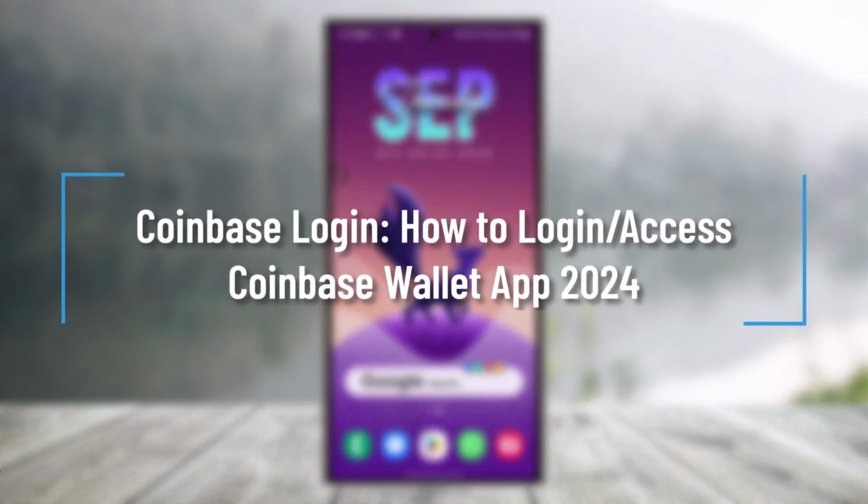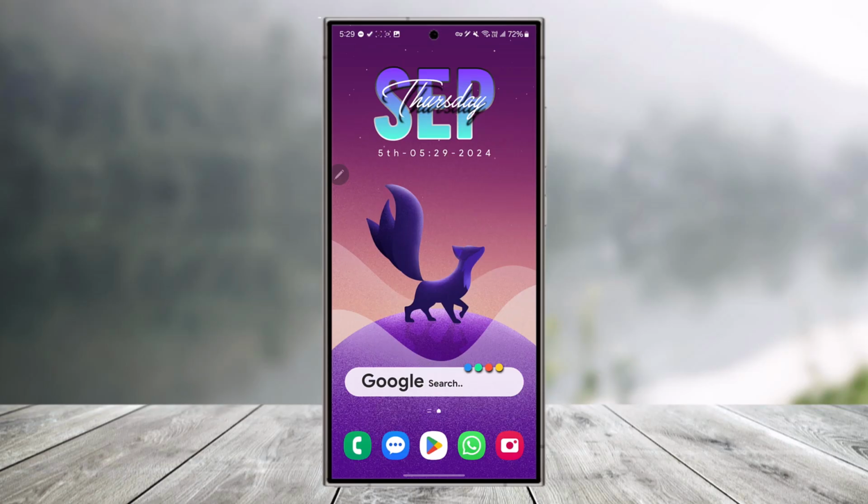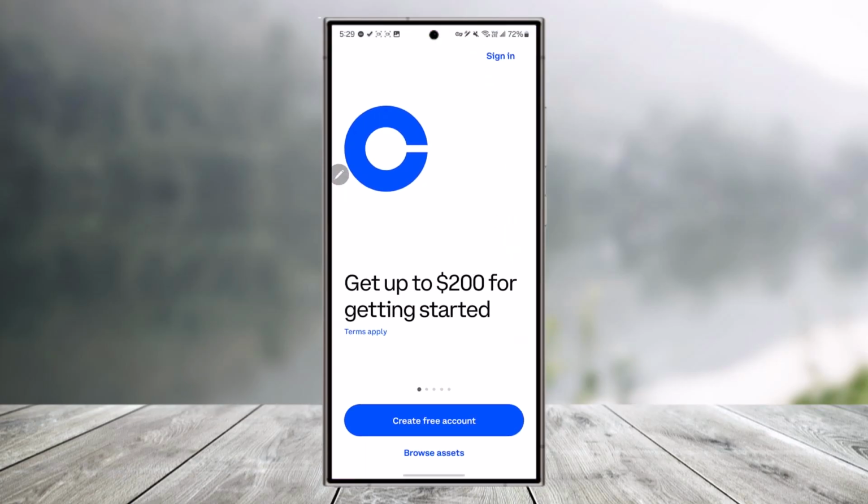Coinbase login, how to log in or access Coinbase Wallet app. Now, in order to log in or access the Coinbase Wallet app, it's actually quite very simple to do so. All you have to do is go ahead and first of all launch the Coinbase app. Now, if you don't have an account, you can tap on create free account option right here. But if you already do, then instead just tap on the sign in option from the top right hand side